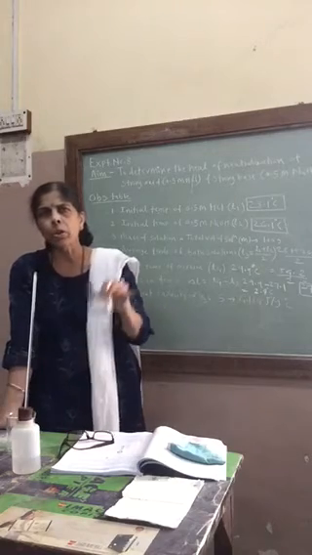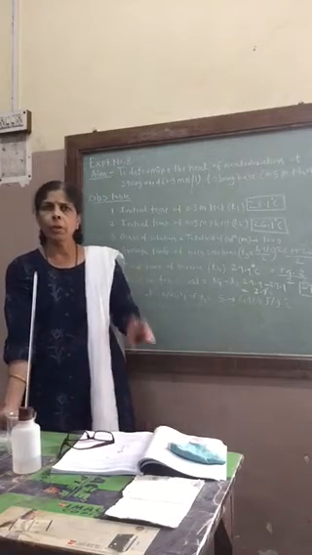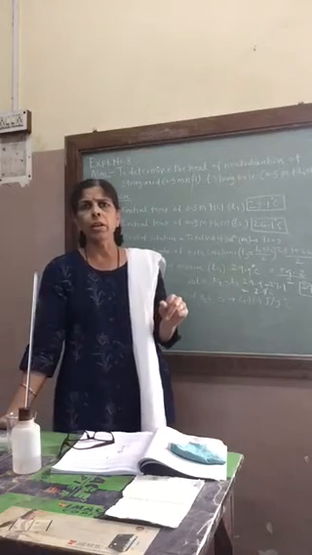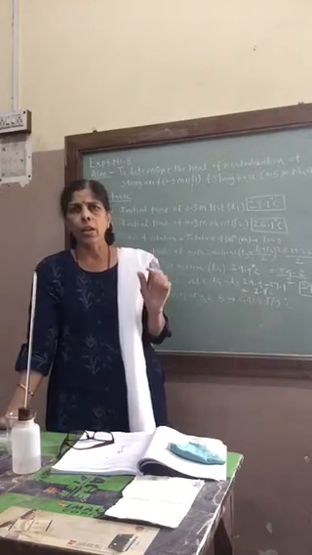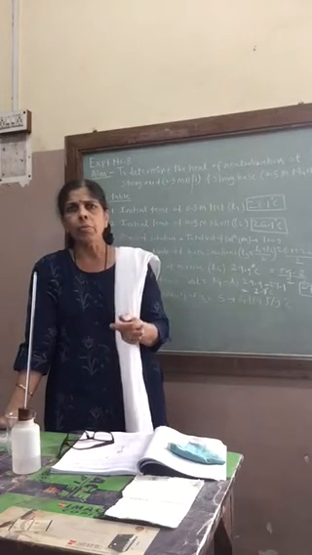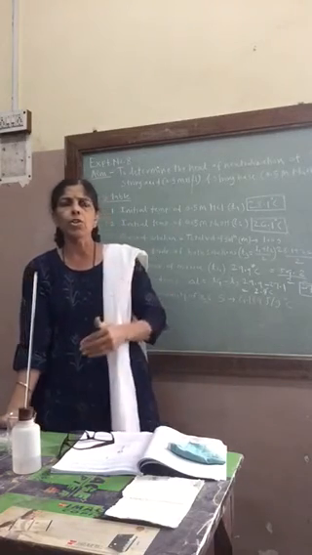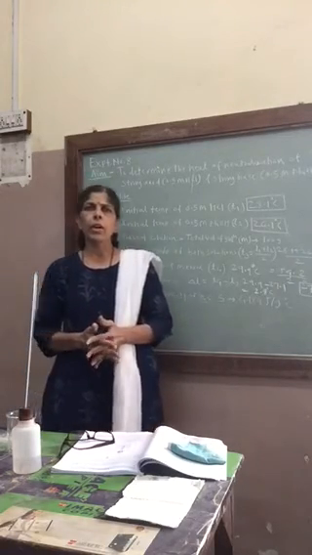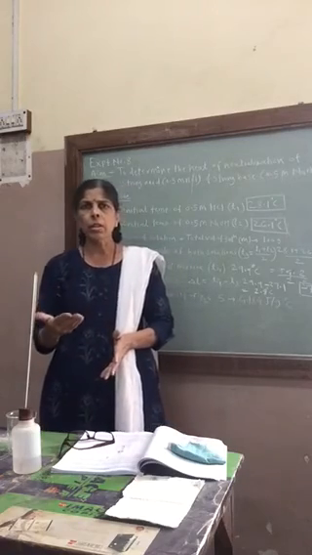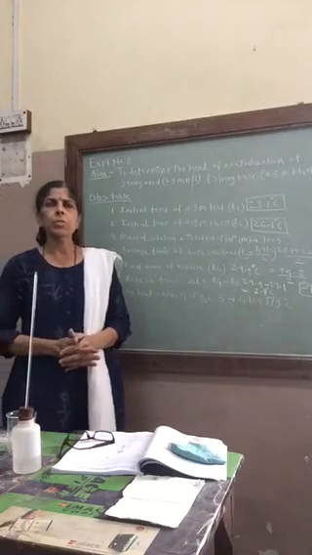NaOH solution will be given in a beaker. Okay, its initial temperature we have recorded. In between, we have washed the thermometer and we have made it dry also. Okay, then we have mixed the solution, and immediately after mixing, the cork is put and the final temperature of the mixture, the rise in temperature, we have recorded. And then we have filled all the observations. This is about the experimental part.